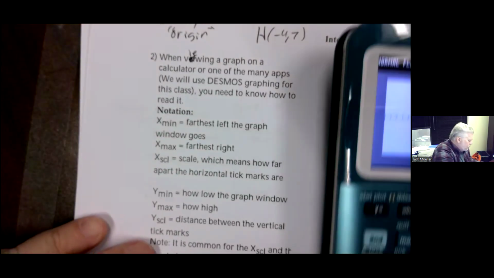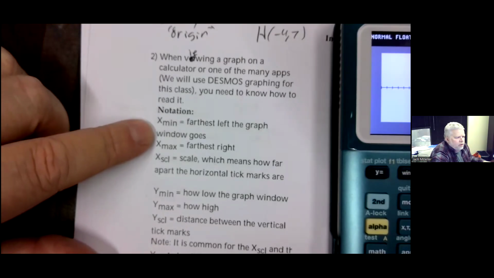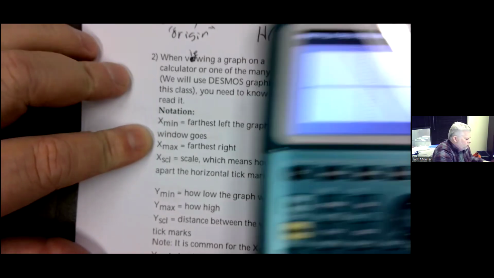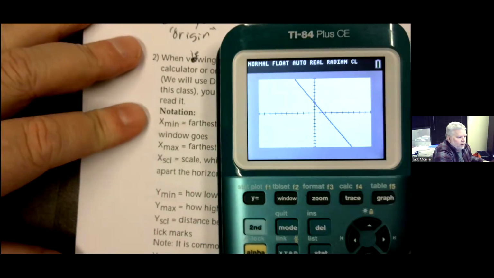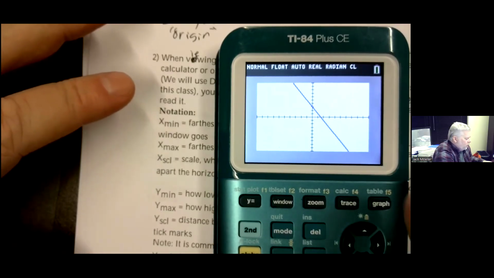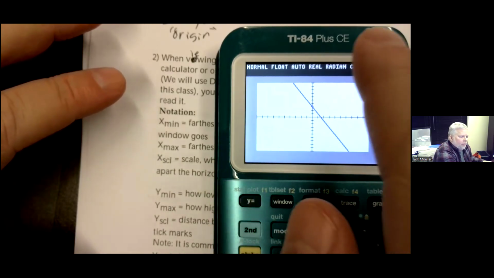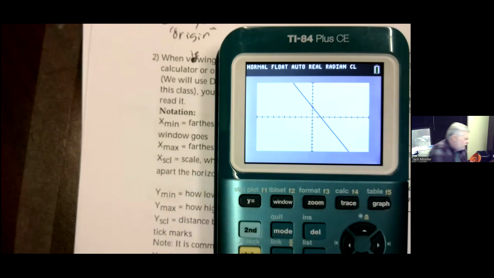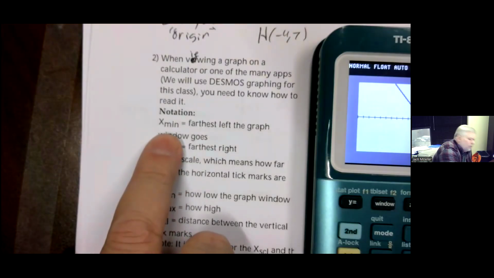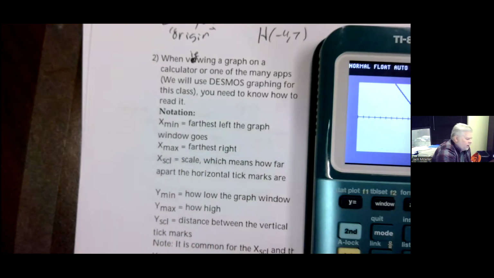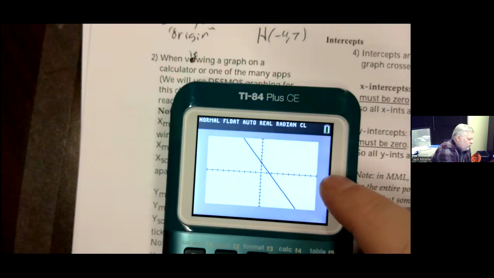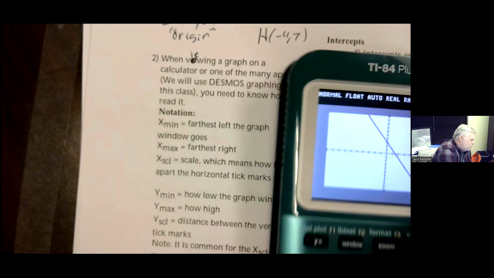So if you look down there, number two, one of the notation things that you need to be comfortable with is what we call the window. This language really is geared towards the graphing calculator. The window tells us how far left, how far right, how far up, how far down, and what those marks are counted by. If we have x min as a subscript, that's the farthest left side of the graph. If we have x max, that's the far right side. And then if you see scale,